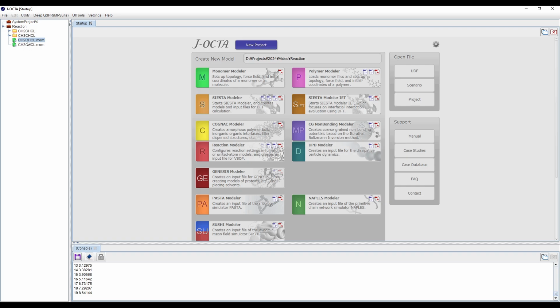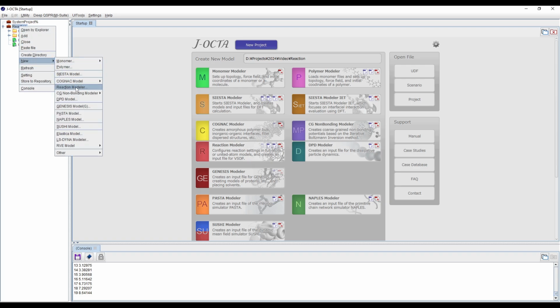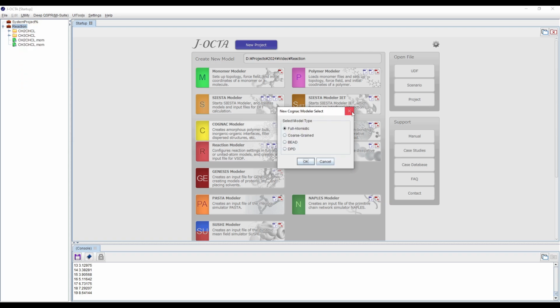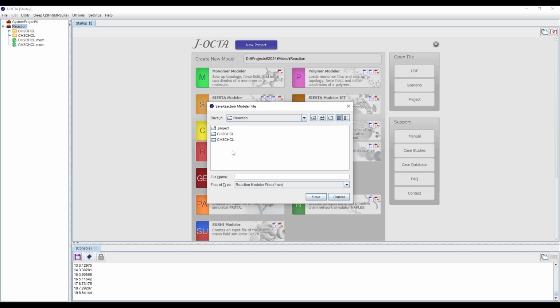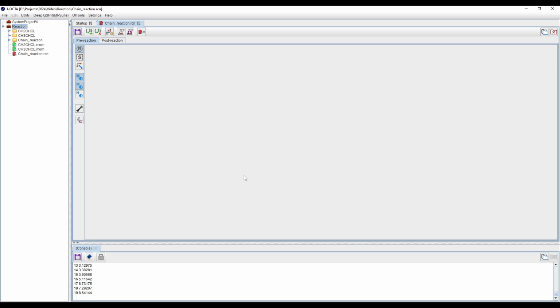So these were the initials, or you can say the prerequisites, to start with the reaction modeler. We have to create our reaction modeler file. We choose the reaction modeler either from there, or directly from here, and it will pop up in the current working directory, and we can name it. Since this is going to be the chain reaction, I am naming it chain reaction, and you'll see the extension of this input file is